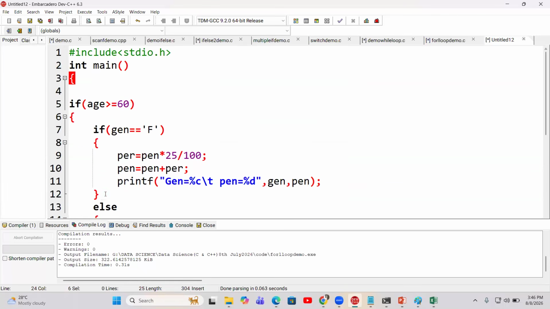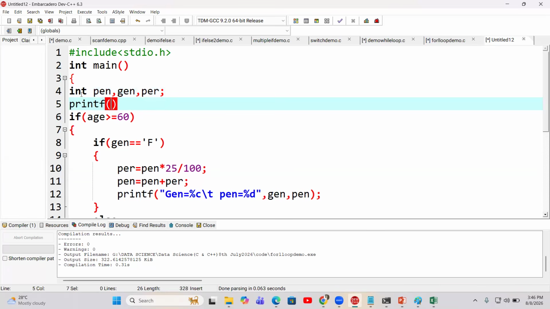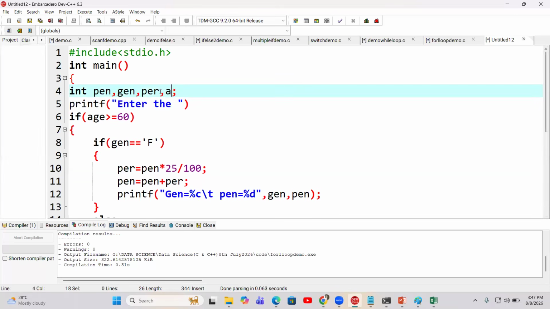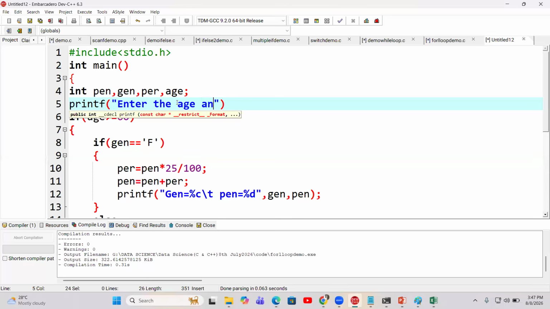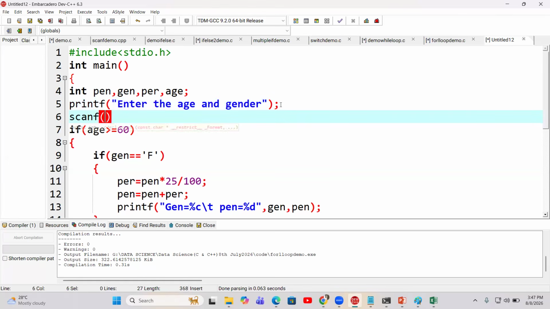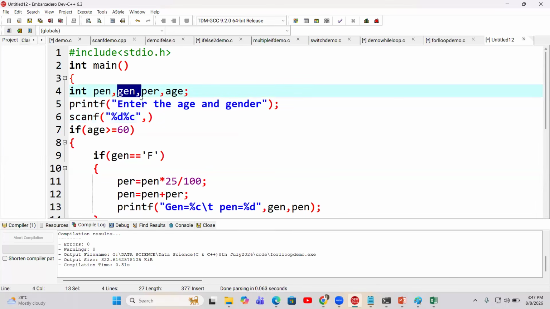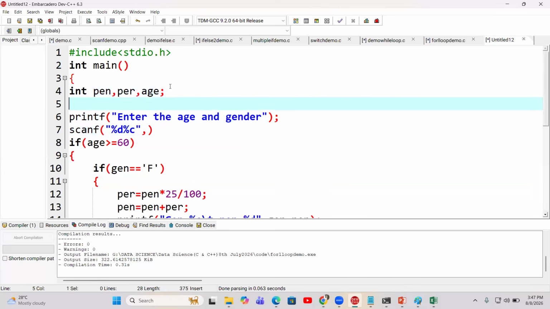ये बंद हो गया है, ठीक है। यहाँ पे मुझे पेंशन सेट करनी पड़ेगी। एज लेना पड़ेगा, सो सॉरी। एज भी एंटर करना है ना, एंटर एज एंड जेंडर, नहीं एक अलग अलग, ठीक है, एंड जेंडर। आपको और एक चीज पता चली गई अभी, स्कैनर थ्रू, चलो देखते हैं। पहले एज ले रही, जेंडर ले रही, एंड हियर जेंडर के लिए मुझे क्या करना पड़ेगा? कोई किसी ने नहीं बताया मैम, आप गलत कर रहे हो। यस, जेंडर शुड बी कैरेक्टर डेटा,